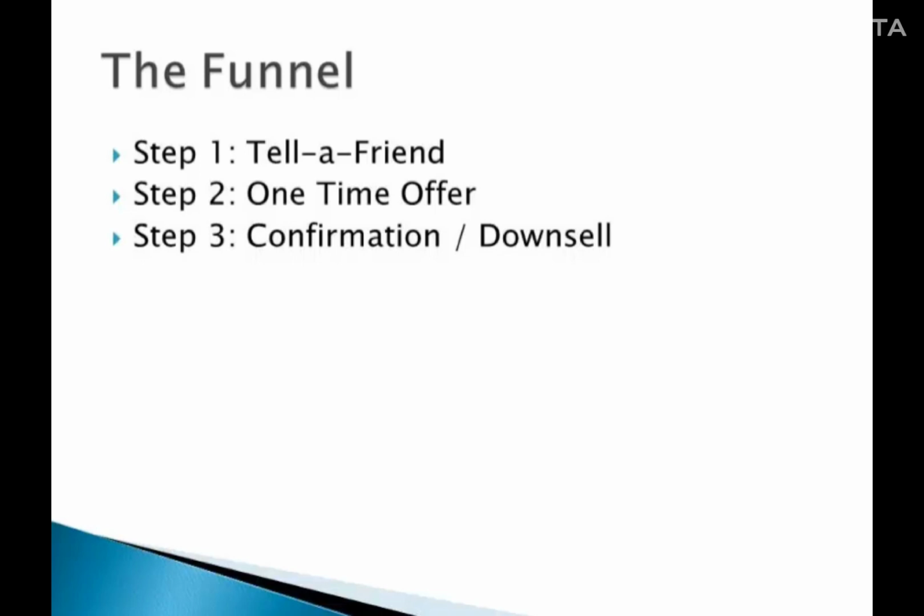There are 3 steps that happen in a sequence as soon as a visitor enters his name and email address into your opt-in form and clicks the submit button. He will be redirected to the next page, to the first step called Tell a Friend, where he will make his first yes or no choice as to whether he wants to tell his friends about your website or pass it up. Then he will be taken to step 2, where he will be presented with the one-time offer, which will act as your first chance to make money from him, by giving him a choice of buying something from you for the first time. Step 3 is the subscription confirmation page, or optionally, the downsell page, where if the person passes up your one-time offer, you can present a downsell, which is a one-time offer light version.